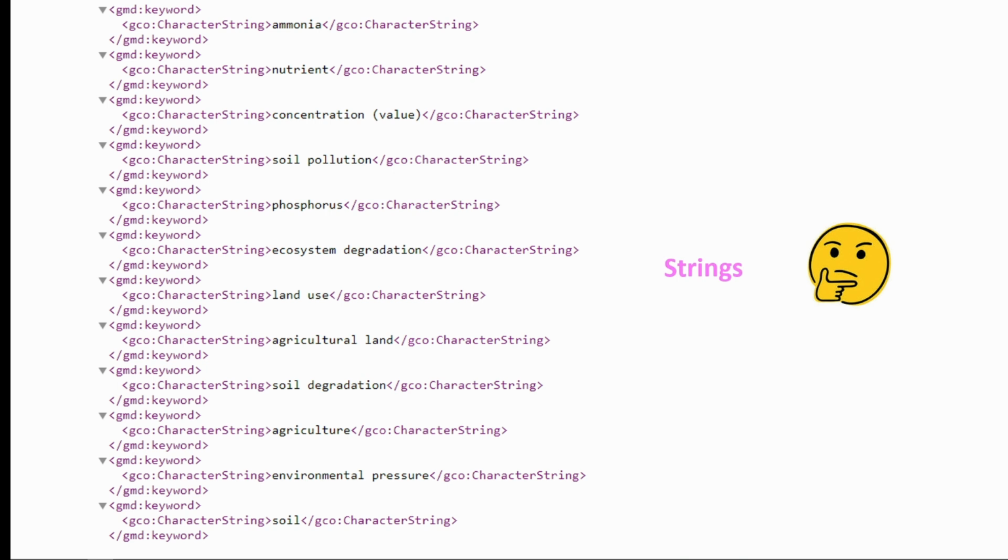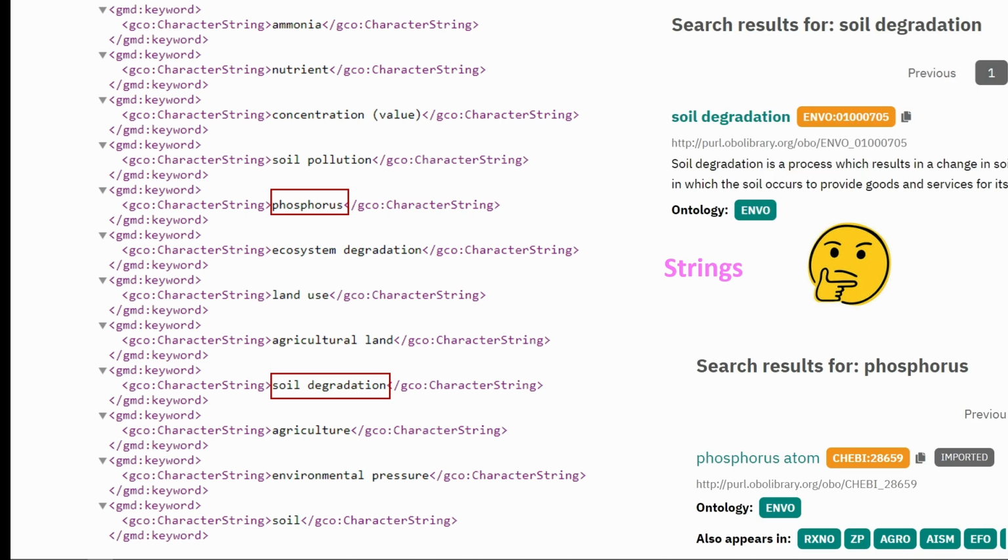Where do these strings come from? Are these coming from a controlled vocabulary? And then we started going to search portals for semantic artifacts to actually understand that, yes, there is a matching with this soil degradation. It comes from a vocabulary called ENVO, and then there is also phosphorus that may or may not come from